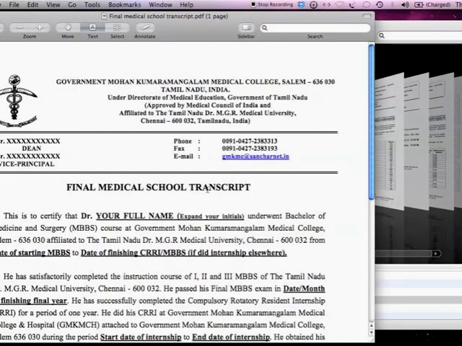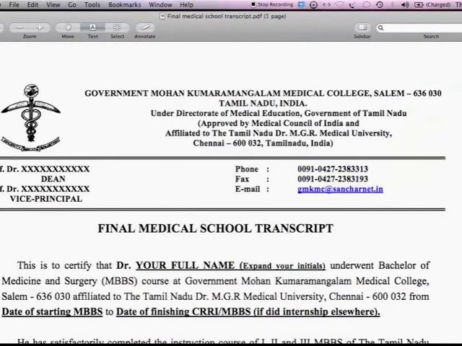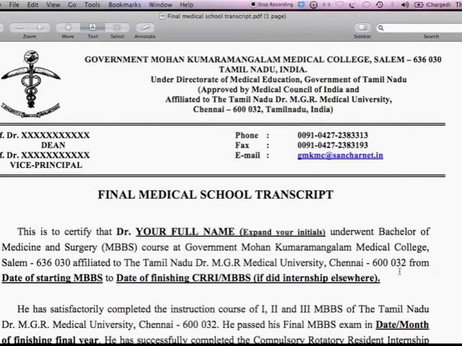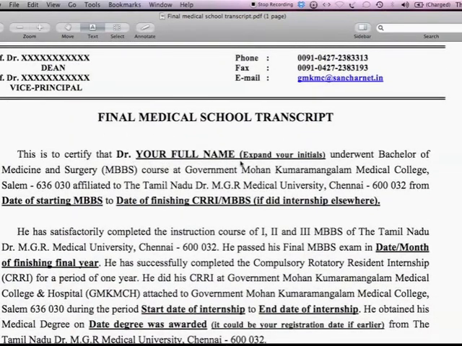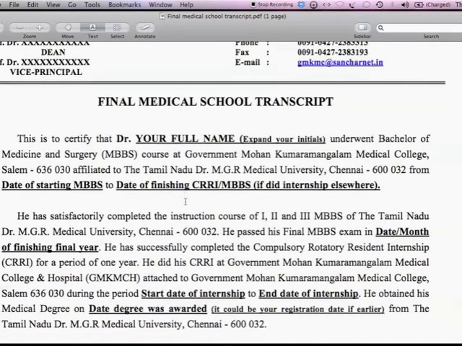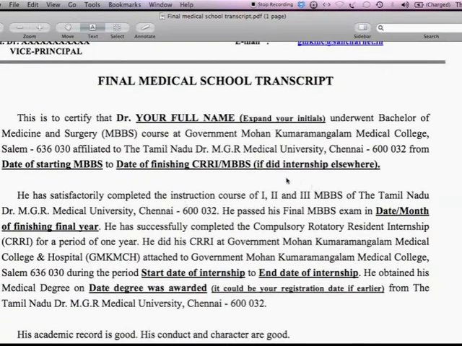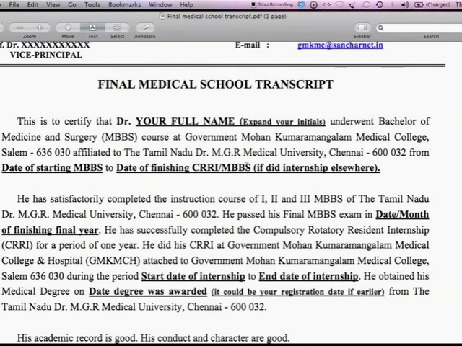Final medical school transcript, and this is more or less like a cover letter that goes with the other documents that we discussed so far. So it just says who you are. This is to certify that you underwent the MBBS course at your college affiliated to the university, and when you started, and again here the start date of your MBBS and finish date of CRRI. So this is a complete course including your internship if you did it. If you did it elsewhere, just mention the MBBS here, because you would have got a separate letter from the hospital where you did the internship,